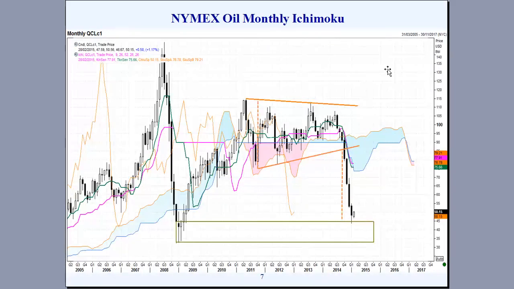Moving next to NYMEX Oil, which has been an important market in the recent past on the monthly charts, and very dynamic over the last 4 or 5 months or so. Prior to that, we saw a congestion area develop. Prior to that, we saw the uptrend in place, and before we can have any types of patterns in place, we have to have the trend leading into them. And this trending price action was established in late 2008, early 2009. The market trading up from that area in a fairly neat uptrend, well-defined series of higher peaks and higher troughs,